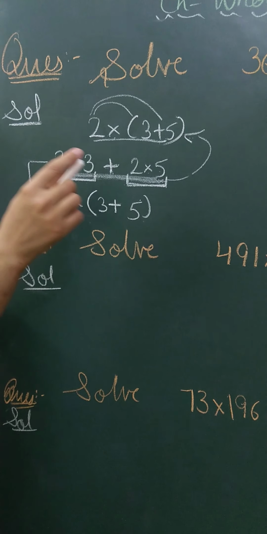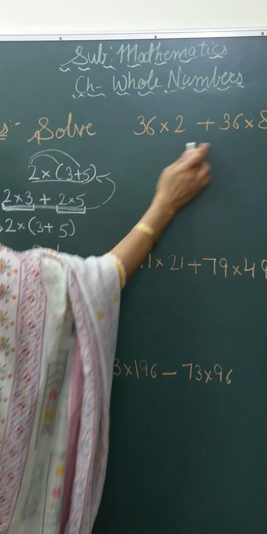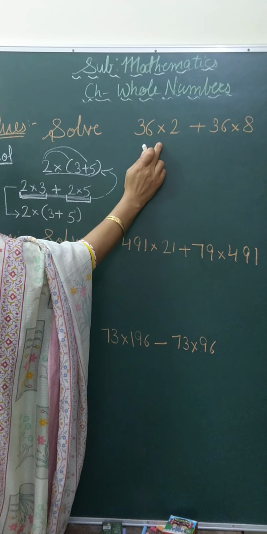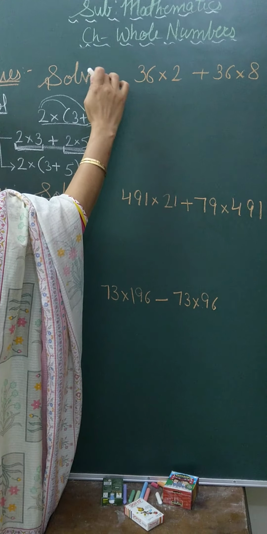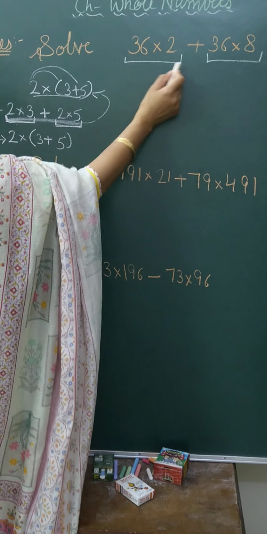Okay. See here. Here I have one question written. Here it is not in bracket but I have to put it in bracket. We have to reach the first step. This is your second step. हम पहले step पे जाएंगे. ठीक है. तो अभी आपको क्या given है pair? One pair is this and second pair is this. What is the in between sign? That is plus.